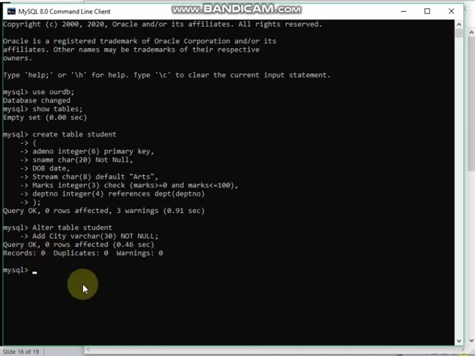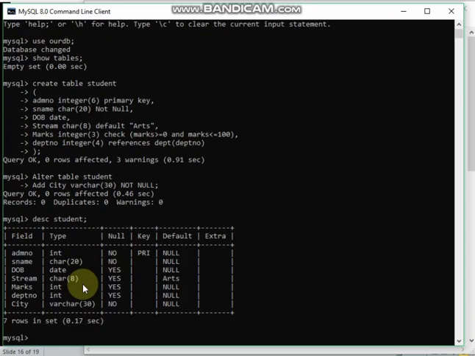So that means this column has been added. Let us see whether it has been added or not. Yes, great. City has been added with varchar 30. And let us see the next query.